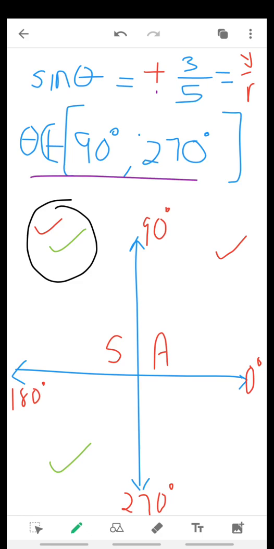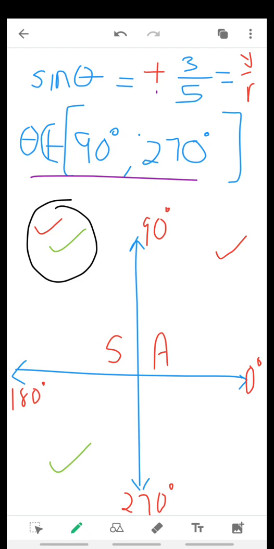Second hint is theta must be between 90 degrees and 270, meaning between quadrant 2 and quadrant number 3. I used green to tick those quadrants. So I have a tick in the second quadrant in green, a tick in the third quadrant in green. Then you ask yourself, where do I have most ticks? I have most of my ticks in the second quadrant, meaning that's where I have to draw my right angle